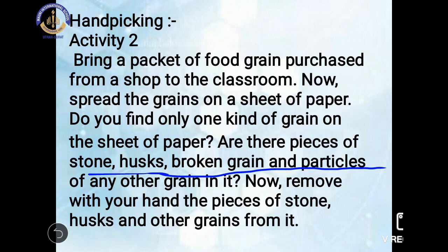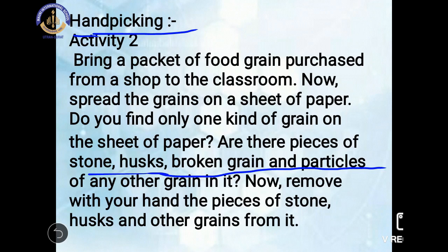We will pick out those impurities and put them in another place. This process we call the hand picking process. As its name also tells its meaning, hand picking: pick out the impurities by your hand. This type of process is called the hand picking process.